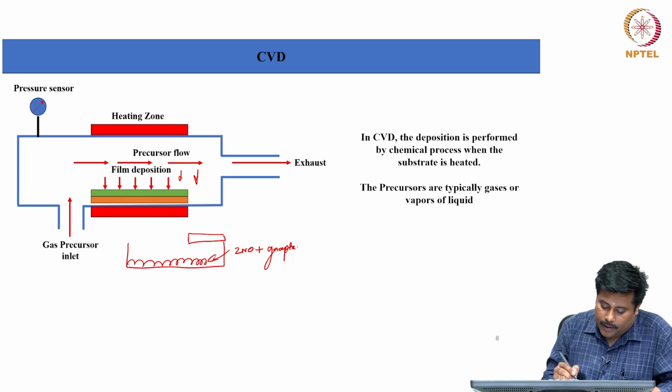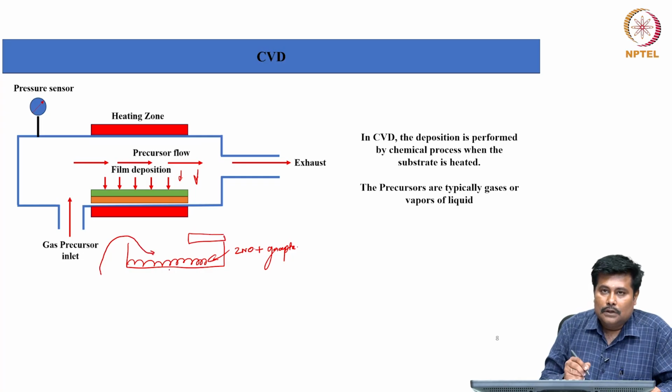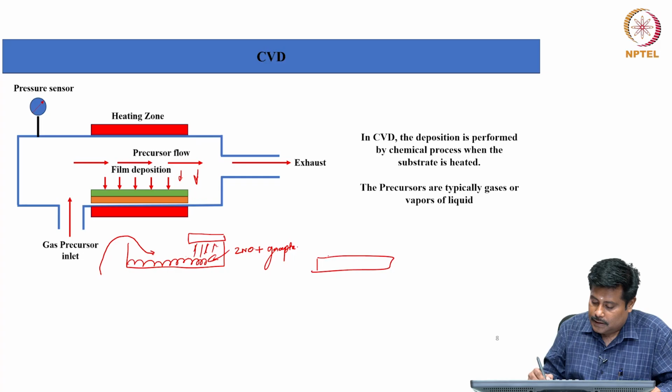The area that needs to be coated with zinc oxide is placed over this boat, and the gas precursor inlet is made to pass through it. When the gas inlet passes through, it reacts with zinc oxide and graphene, leading to evaporation, and this evaporation results in the growth